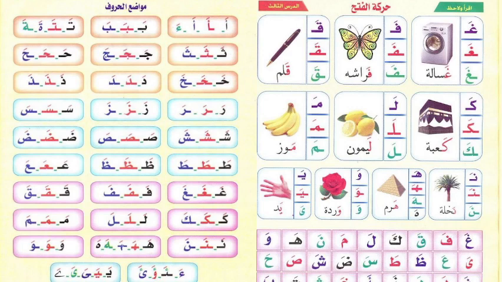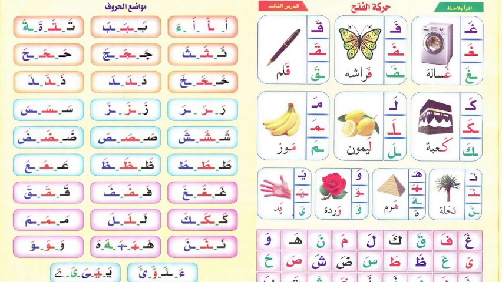And now moving to ya. Those are the 5 ways, and you will see it clearly when you check the PDF that I uploaded in the first episode. Ya in any of these forms is treated as ya. If it comes after kasra, then it is going to be used as yaumat, that is for elongation. So get that, don't mix it up, and it is straightforward. All of these 5 ways indicate ya.